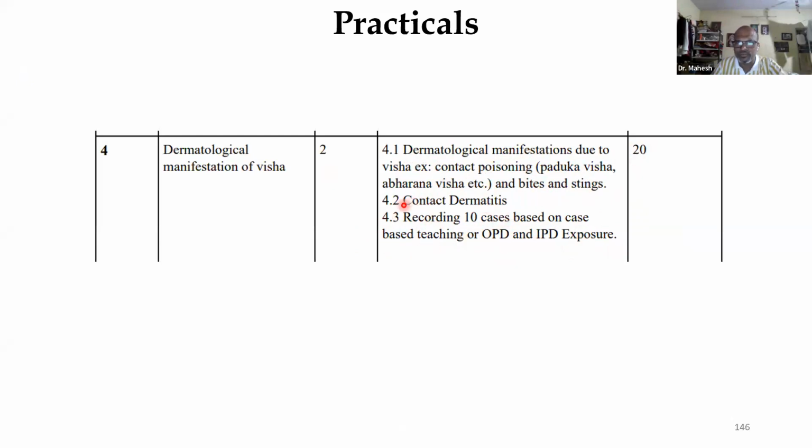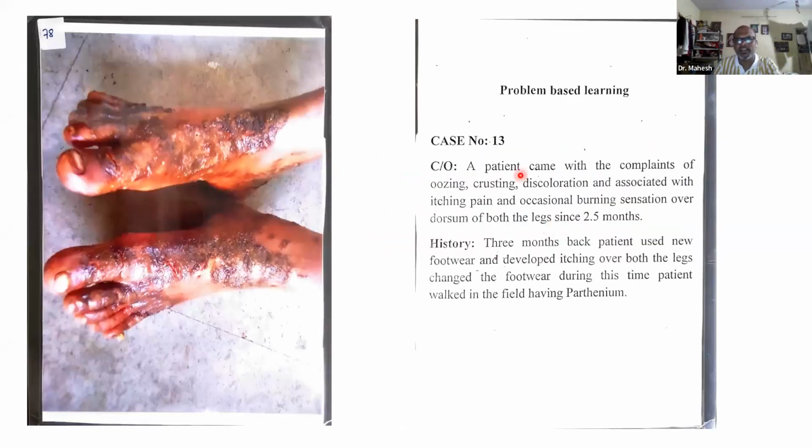Whatever resources you have used for case-based teaching, you can use them also. See, I was telling that we are planning to give, recently I met Prasad sir in Delhi and I was telling him about what to do about this. So same case, what we discussed. Now this patient, this will be